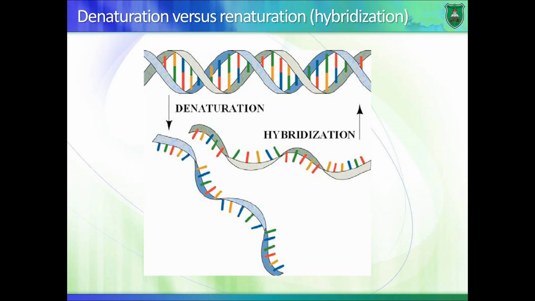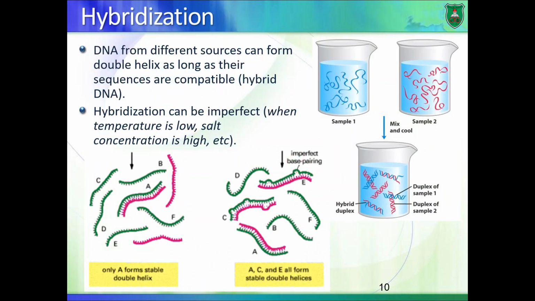Basically, if I have DNA strands of different sources, but they are complementary, let's say human DNA and, I don't know, monkey DNA, or let's say we have DNA strands from two different human beings, and we separate the two strands from each other by increasing heat,